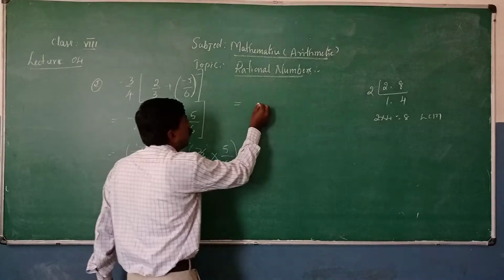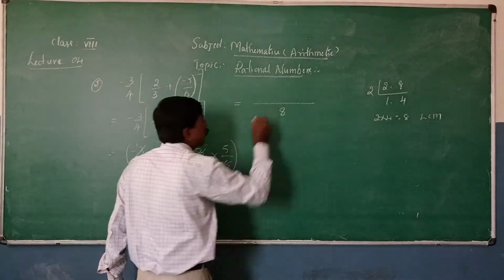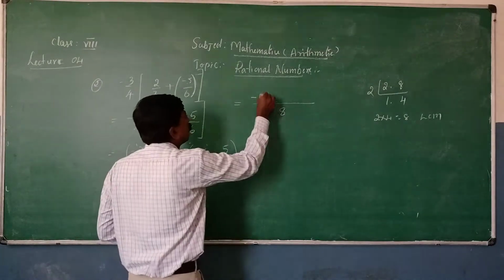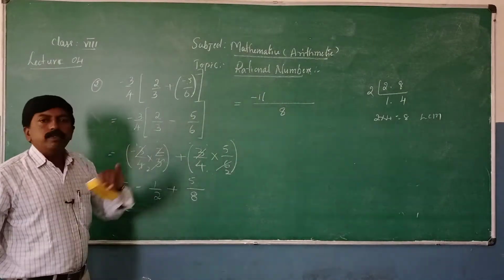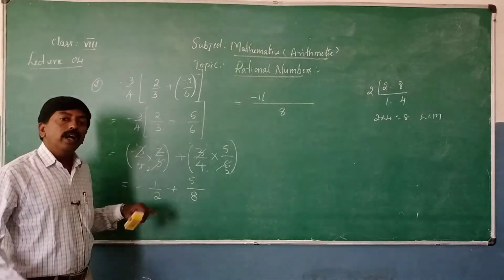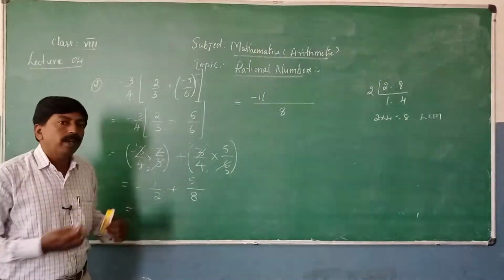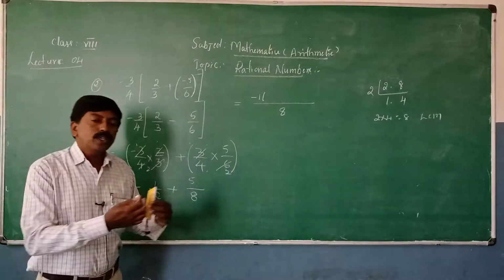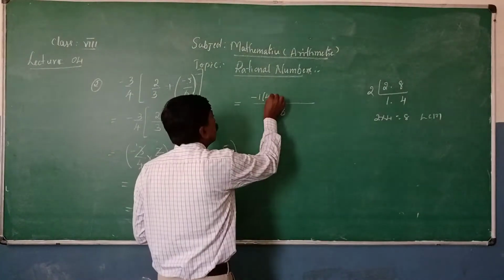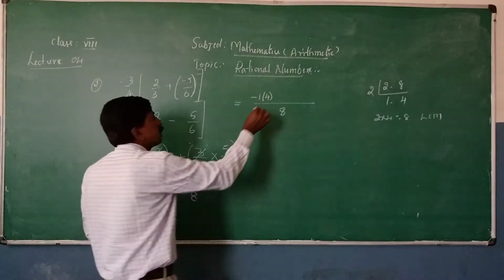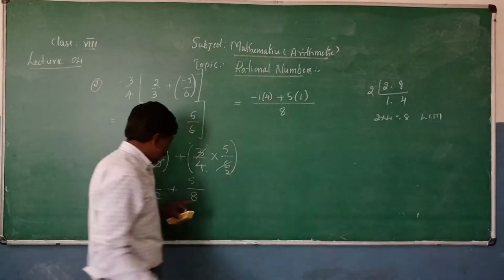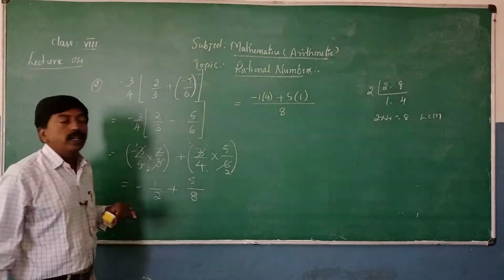Now you can write the equal sign below 8. After that, minus 1 into 2. How many times does 2 divide 8? 2 divides 4 times. Or if you have forgotten, you can read the table. 2 1s are 2, 2 2s are 4, 2 3s are 6, 2 4s are 8. That 4 you can write here. Plus numerator 5, 8 1s are 8. This 8 divides that 8 one time.